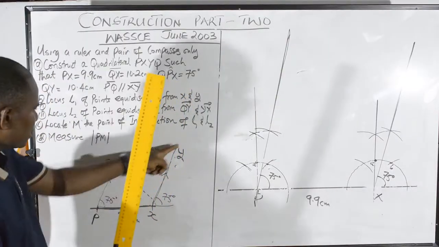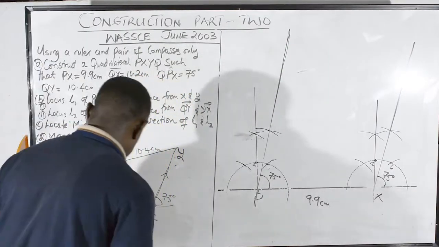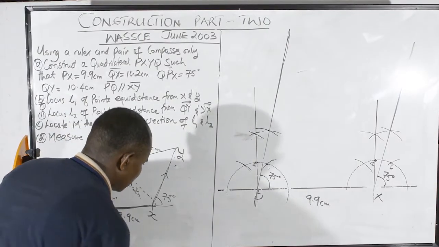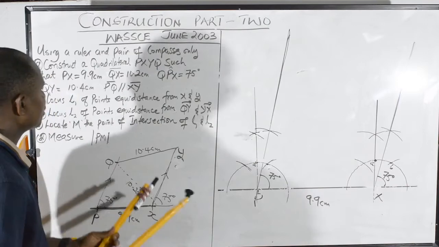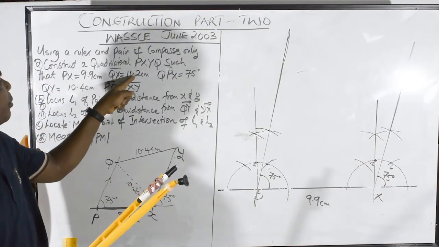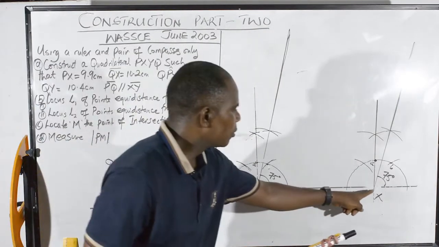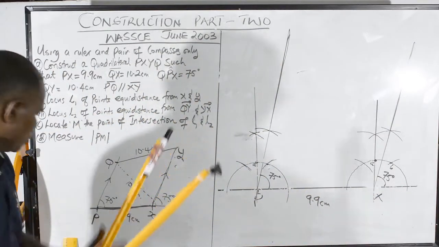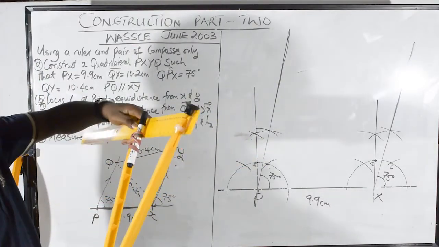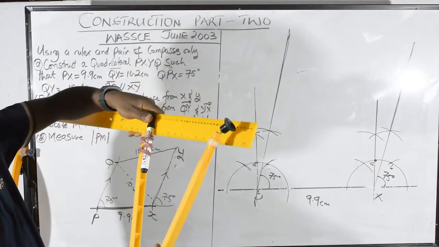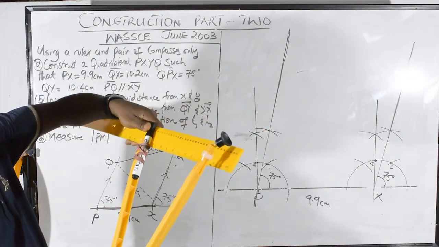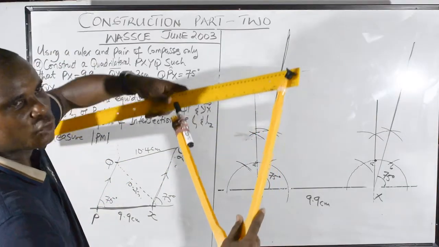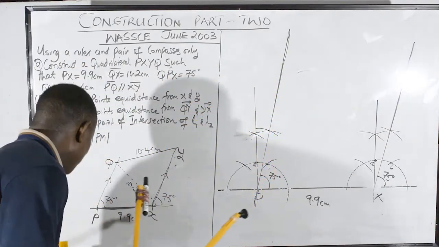So I've got these lines, so I need to get QX. I take my compass, then I go to the ruler. QX is 10.2, so from X here to Q somewhere there, it's going to be 10.2. So you open, take your ruler, you go 10.2. I will not be certain here, but you use your ruler, you measure 10.2 somewhere there. Because of the space, I can't get to 10.2. This is 10.4. I'm just assuming that it's 10.2. So it's 10.2 from that point.